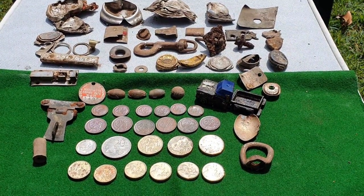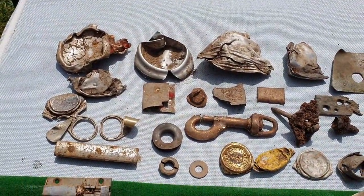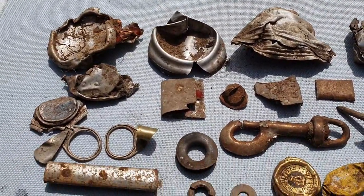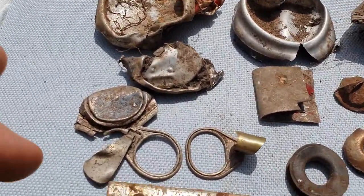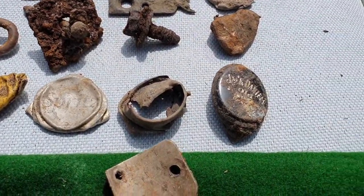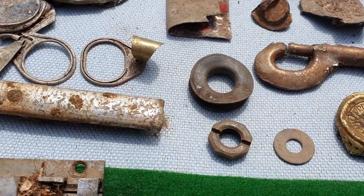Well, here is the result of the treasure hunting adventure from yesterday. We were able to get quite a few coins. We've got the normal selection of rubbish objects. These ones all strike a pretty strong note on the metal detectors, of course, so you have to really dig them just in case. Cans, a couple of the old style pull tabs, fasteners, bits of aluminium, a couple of old bottle lids, Jack Daniels, Spritz I think that one says, swept since 1783,